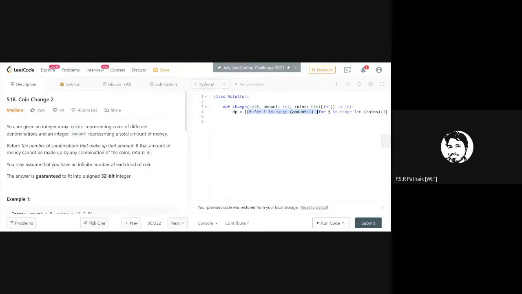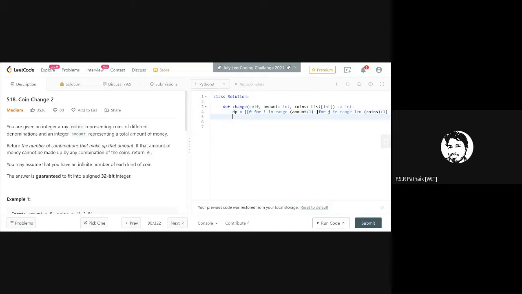You might use, for example, 0 multiplied by 9. This creates a big 0, but as long as the value is single, that is fine. But if the element within this is a list, then this does a shallow copy, and your table will not function as expected. So make sure that you take care of this.